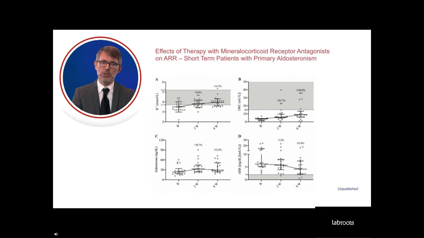Another potential use is in patients taking mineralocorticoid receptor antagonist. This is the case for patients with resistant hypertension or patients with primary aldosteronism. We saw before in the other seminar that patients treated medically should be monitored to observe that renin level should no longer be suppressed during the therapy. If renin level remains very low, this indicates that either the therapy is not sufficient or the patient is not